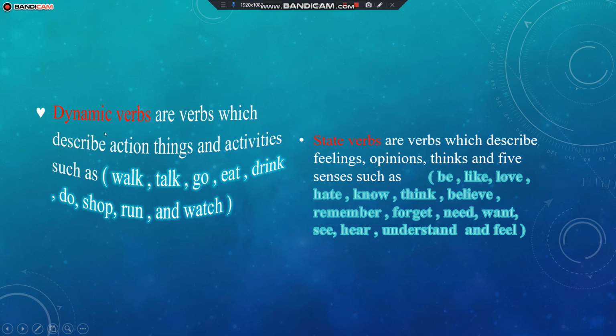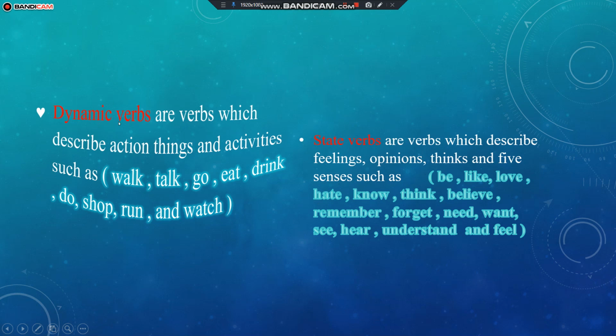Stative verbs and action verbs or dynamic verbs. Dynamic verbs, Shabab, are verbs which describe actions, things, and activities such as walk, talk, go, eat, drink, do, shop, run, and watch. The state verbs or stative verbs are verbs which describe feelings, opinions, things, and 5 senses, such as be, like, love, think, believe, need, remember, understand, see, touch, smell, want, need. Okay? Now, Shabab,